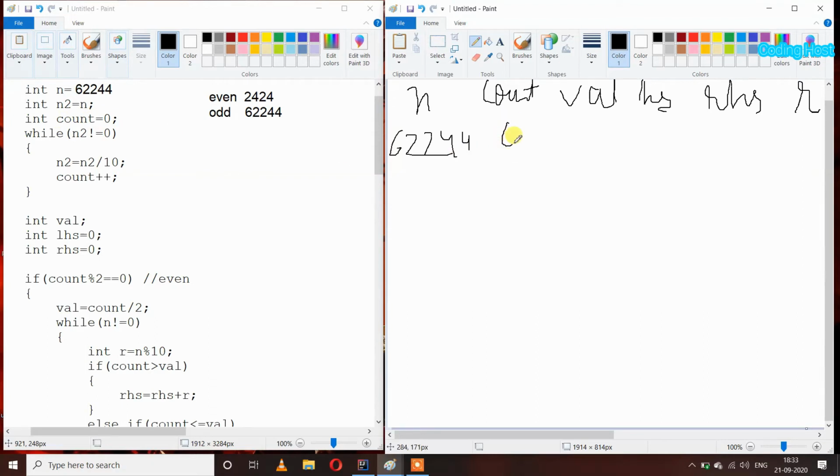So in this we have 0, and after that I have taken this while loop, while n2 not equal to 0. So we know that this loop will help us count the number of digits in n2. After this loop breaks we have 5 in the count variable, so I am already writing 5 here. After that I have taken this int val variable, and LHS and RHS variables. In this we both have zeros,